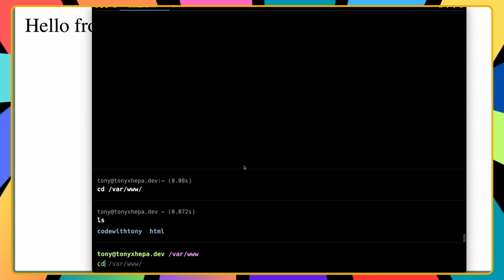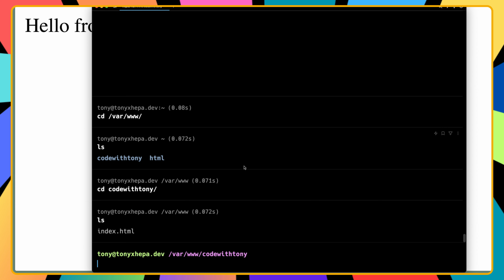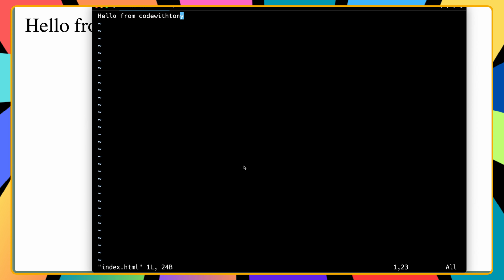And just to show you, I'm going to cd into /var/www, and here we have codewithtony. Yeah, cd into codewithtony, and I'm going to say sudo vi, not codewithtony, but index, because here, if I say ls, we have the index.html, and I'm going to update that, so sudo vi index.html. Okay, I'm going to hit i for insert mode, and now let's update this. Let's say hello from codewithtony updated,